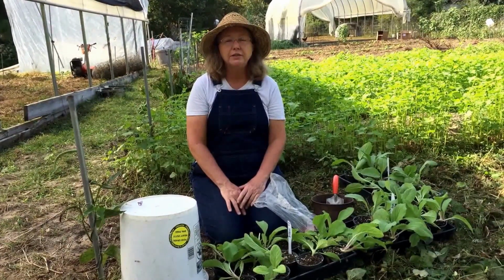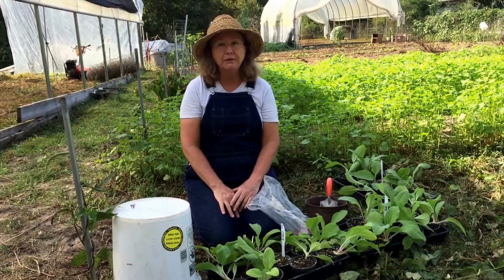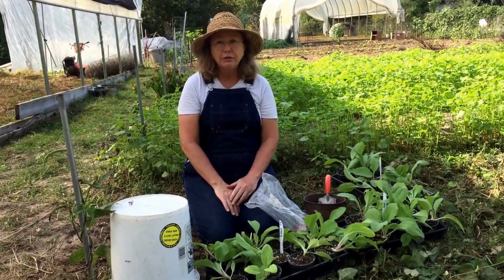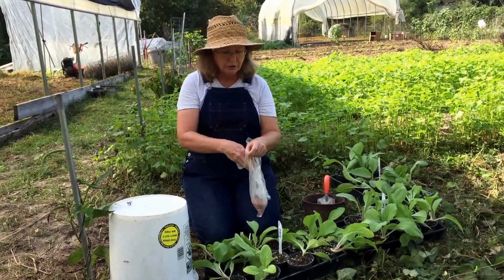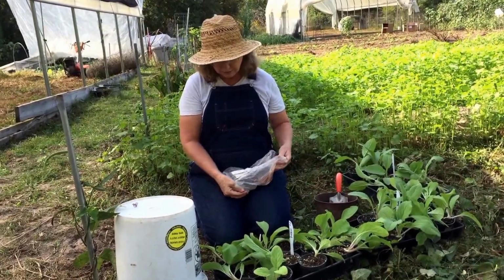We're a USDA certified organic farm, and companion planting is a major thing that we have to do every year, and we enjoy doing it as well. There are several different types of companion planting, and one of them, even though you can't really see the plant on this yet, this is